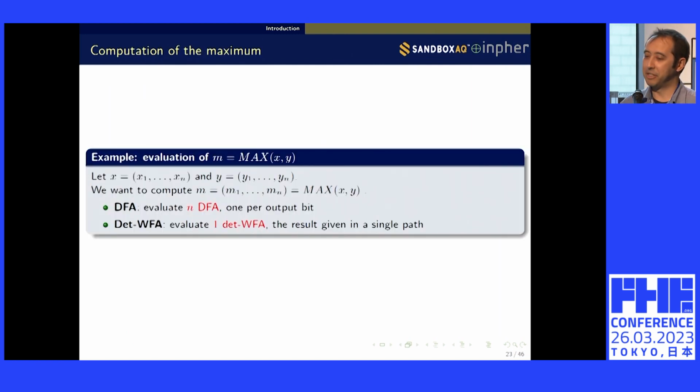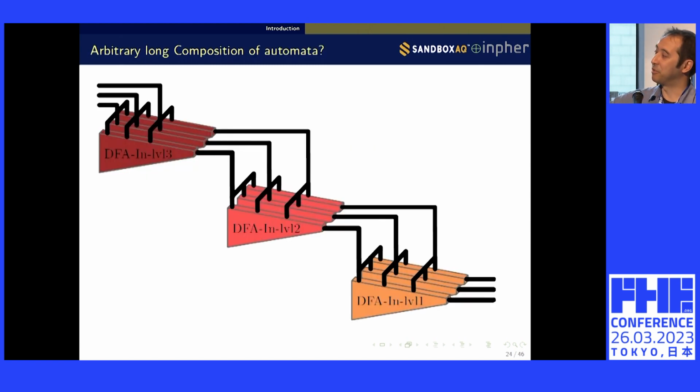So of course, deterministic automata have a big problem: whenever we want to do something meaningful with a deterministic automata, the number of states tends to grow exponentially. So it's very important to be able to compose small automata together. And if we do a naive composition, every time we compose an automata, we'll have to increase the level by